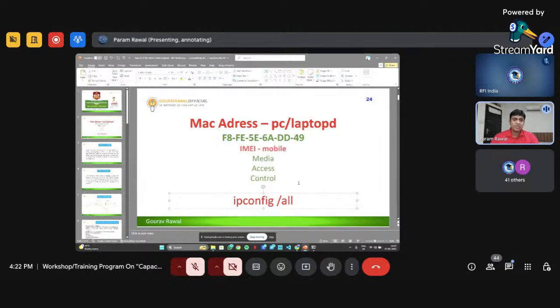So what will happen? The police will search for stolen mobile phones or handsets through the IMEI number, but the IMEI number will not match the one stolen by someone. Suppose my IMEI number is 101 101.